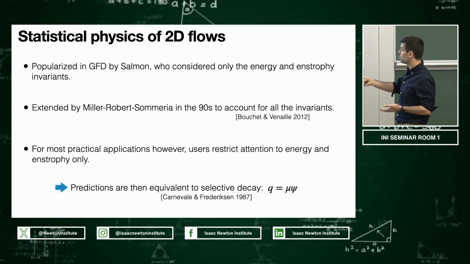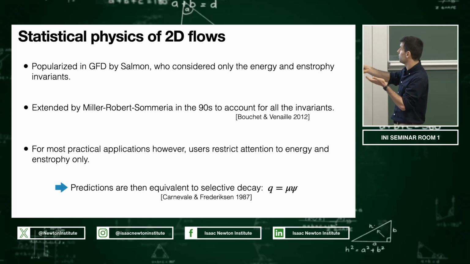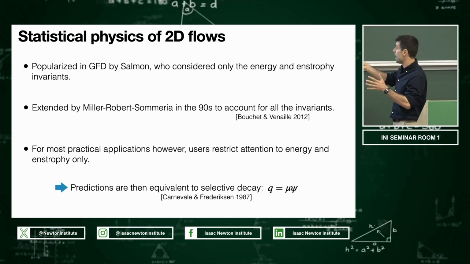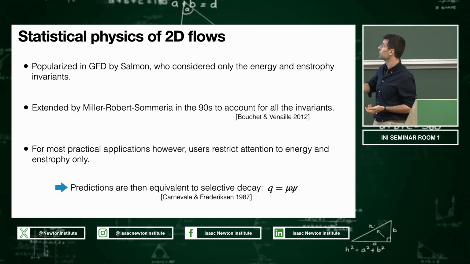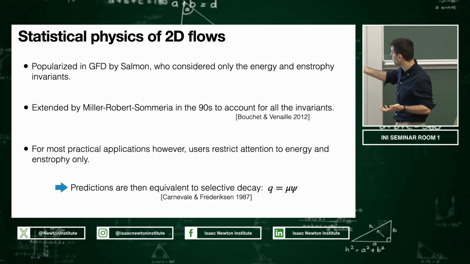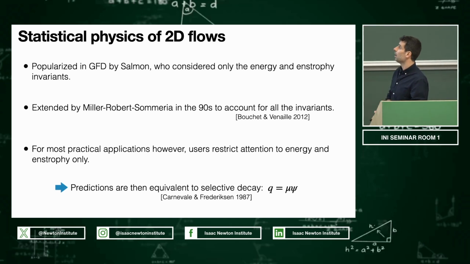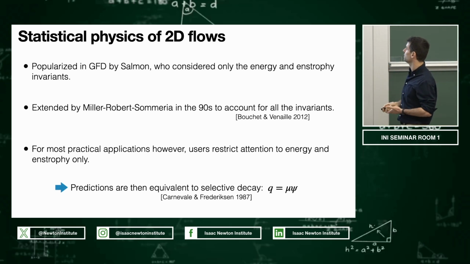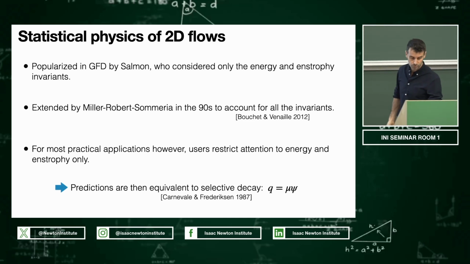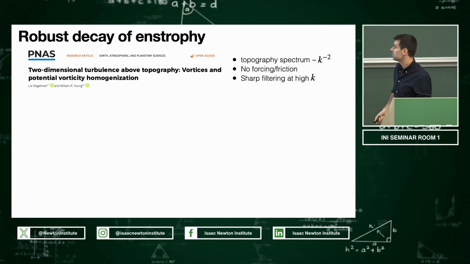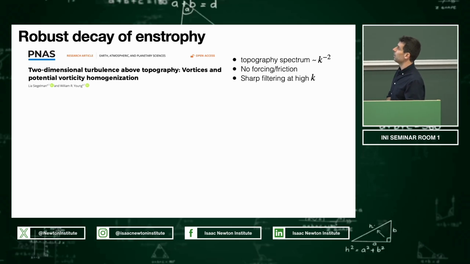But then, again, for most practical applications, users of the theory end up restricting attention to energy and entropy as the only invariants of the system, in which case statistical physics of 2D flows boils down to Q should be proportional to psi with some proportionality constant. So the two variational approaches to determining the equilibrated state of the flow boil down to Q being proportional to the stream function. Okay? All right,